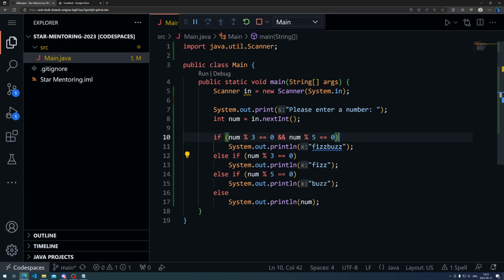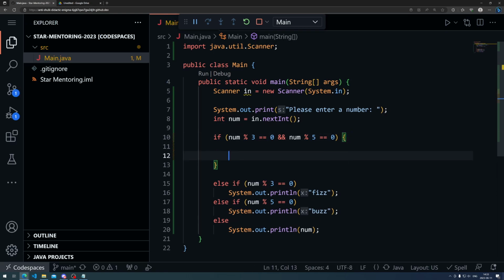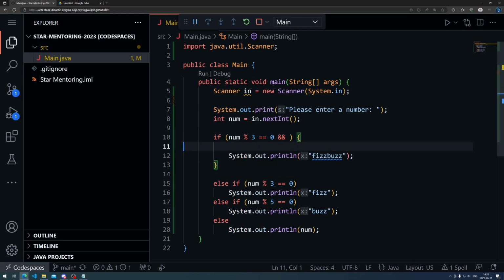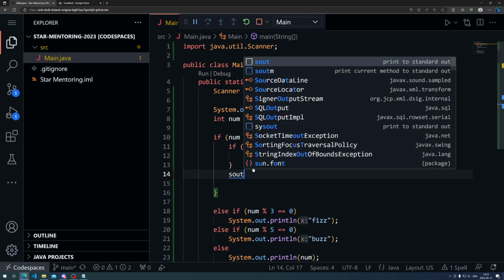So here's one potential solution we could do. Inside of our if statement, first we could convert this to a block instead, and we could put our System.out.println FizzBuzz. Let's make this only check for 3, and then inside of here we'll go if num % 5 equals 0. Whoopsie. We could go if num % 5 equals 0, then we print out FizzBuzz. Otherwise, we will print out